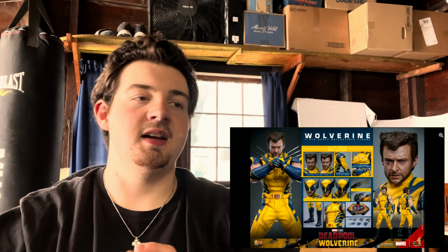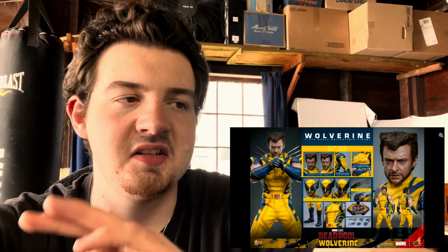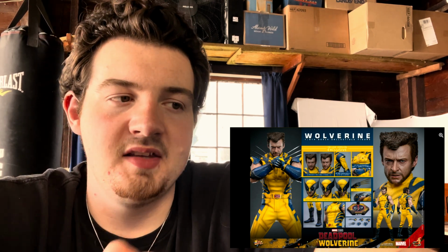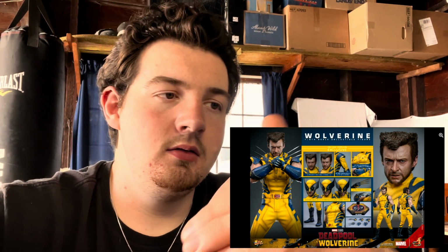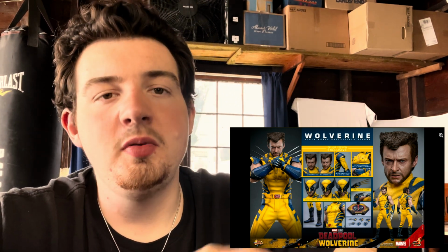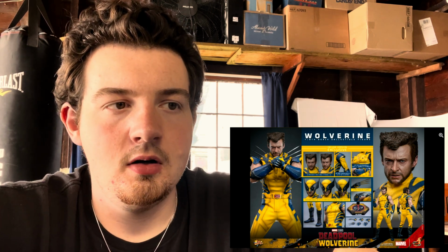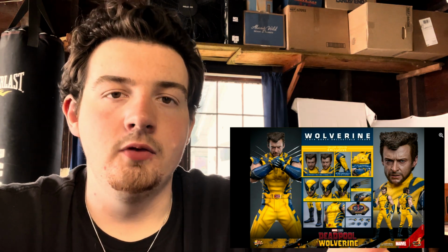Now again, I really like the way that they did the exclusive version and the standard version this time around, making the standard version of the Wolverine the comic style Wolverine with the mask, the sleeveless arms, and the shoulder pads, and then making the deluxe version include the sleeved arms and the unmasked head. Because to be fair, as much as we love Hugh Jackman's Wolverine, in terms of this specific figure, that's going to be the less desirable part of the figure. I'm sure nobody would complain about having an unmasked Wolverine head, but if you're going to only buy one version,